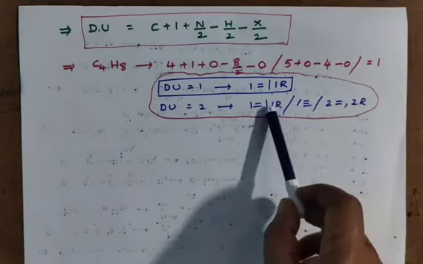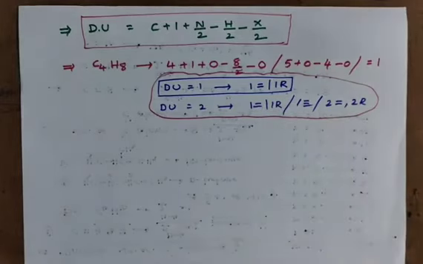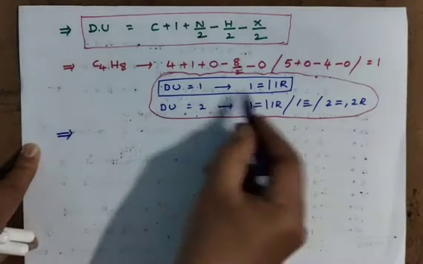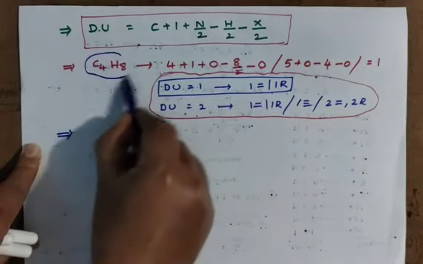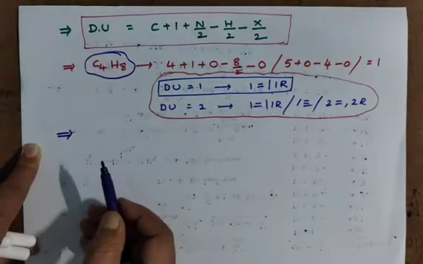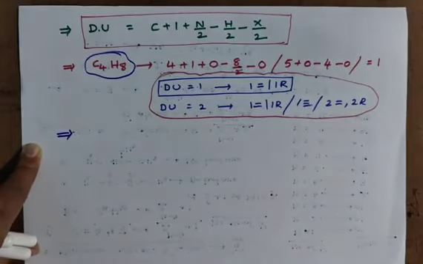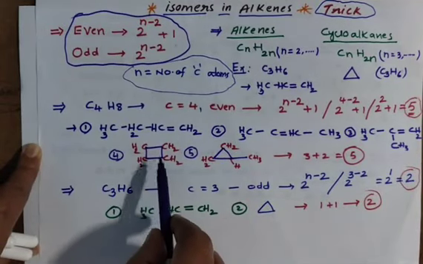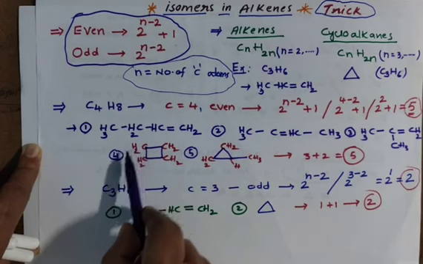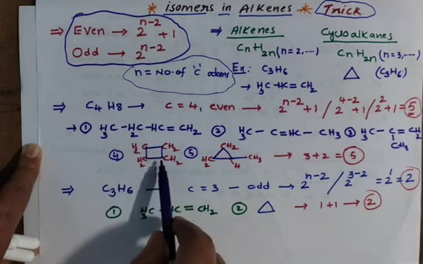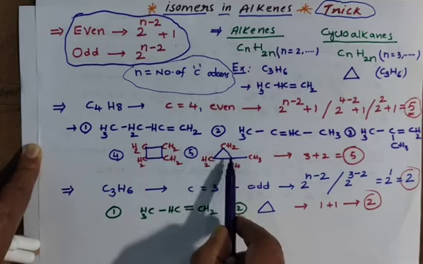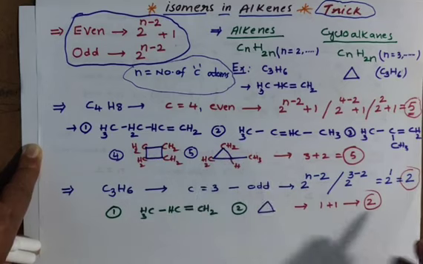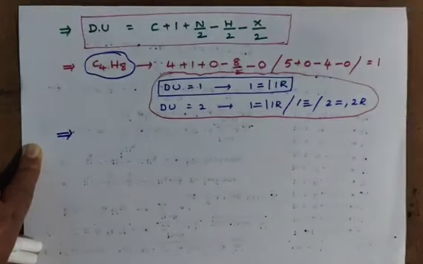These all are not. Any one is possible. Now I cross check with DU 1, butane, that is butene. So with butene we got, see, one ring we got. One ring means 4-carbon ring we got, which means 3-carbon ring is also possible. That we have to remember. If only one ring we got, this will not be possible, you should not think like that. Clear? One ring is possible with that.